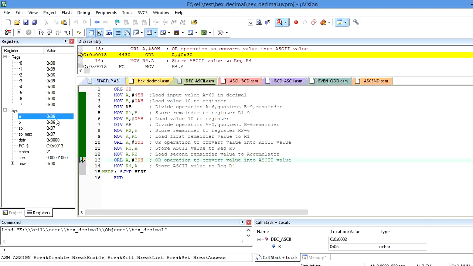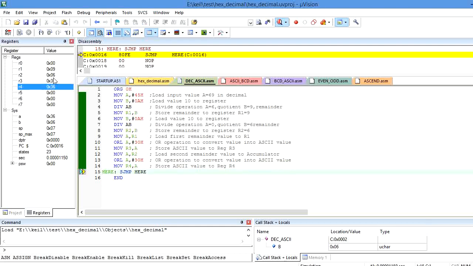That 36 is the ASCII value for 6, which I am going to store into the R4 register. Before execution of move R4, A, the content of R4 is 0. After execution R4 becomes 36. So here both registers, R3 and R4, contain the ASCII values of 9 and 6.